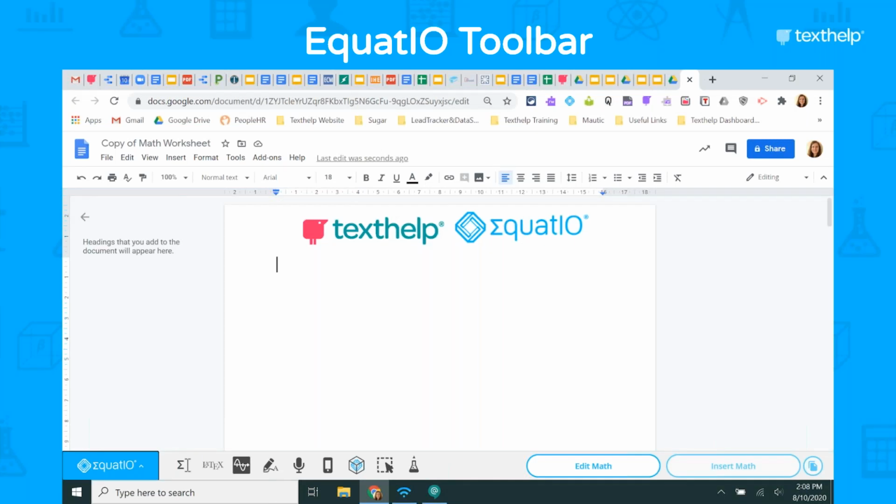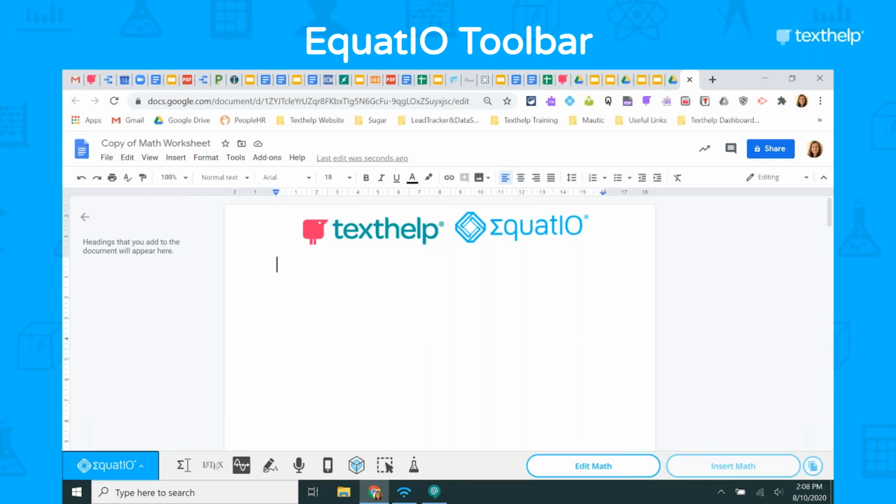So EquatIO is a toolbar, and I'm going to break down all the different places that it works. But right now on the screen, I have an image of my Google Doc. I'm going to show you most of our stuff today in Google just because it's easy. It's what I'm presenting in right now. We'll talk about all the other places that it works. Essentially, it's a toolbar that floats at the bottom of your screen. So if you can see the screen at the very bottom, there's a toolbar that hangs out.